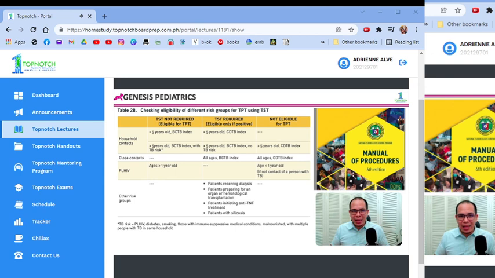Or your IPT, isoniazid prophylactic therapy. Before we call it IPT, isoniazid prophylaxis therapy. Ngayon kasi may ibang regimens na meron ng isoniazid plus rifampin for 3 months, so pwede na yun, versus the traditional isoniazid for 6 months. Okay? So, this table summarizes whether you need to do skin test prior to initiation of your TB prophylactic